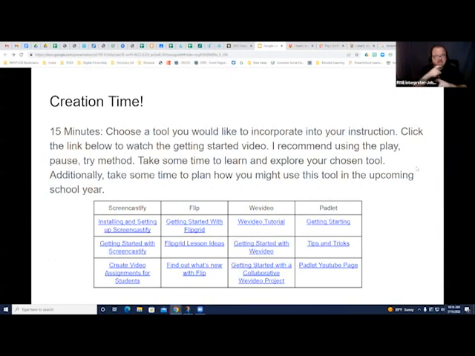Okay. So now what I want to do for you is, I just gave you a lot of information. I hope you found at least one tool that really resonated with you or really piques your interest, that you are excited about learning a little bit more. So what I want to do right now is give you about 15 minutes to choose one of the 4 tools that I